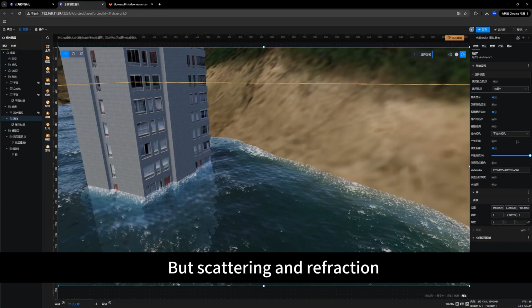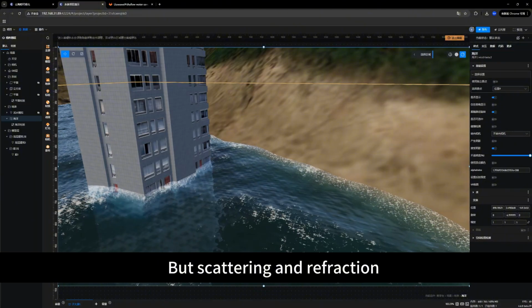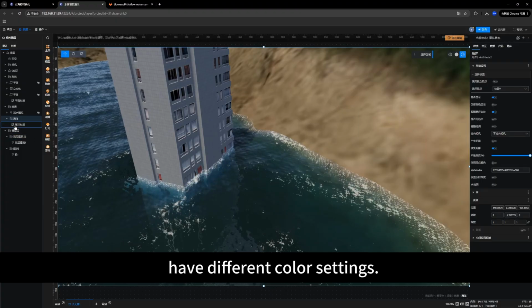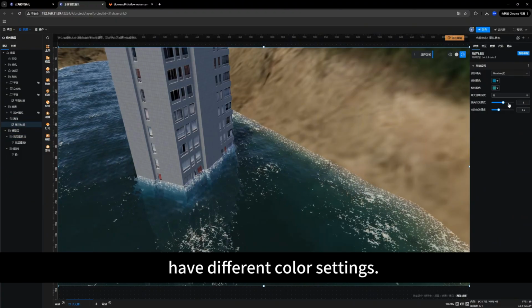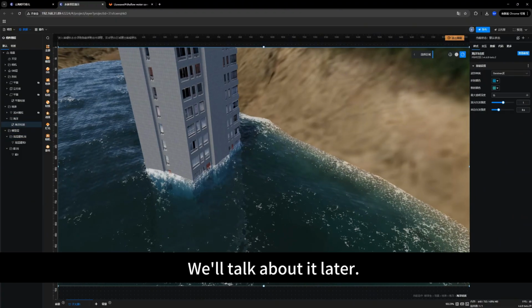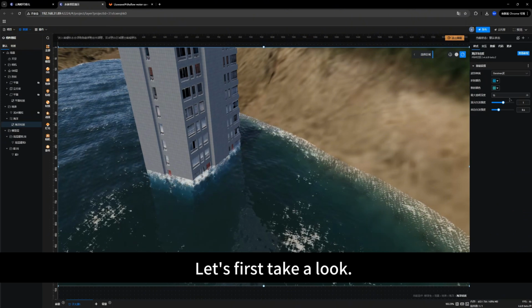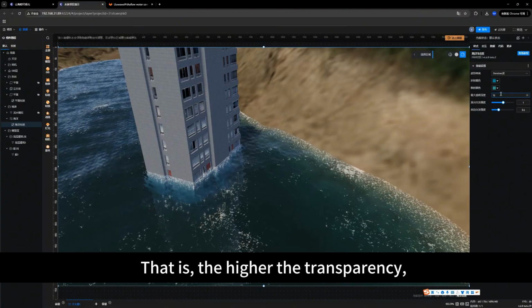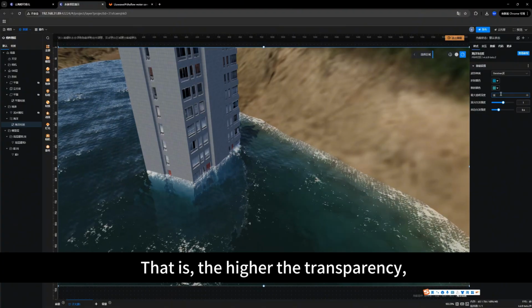But scattering and refraction have different color settings. We'll talk about it later. Let's first take a look. We have the maximum transparency. That is, the higher the transparency,